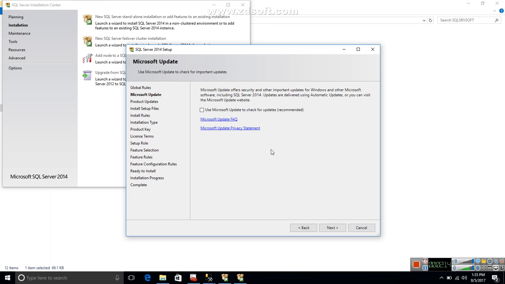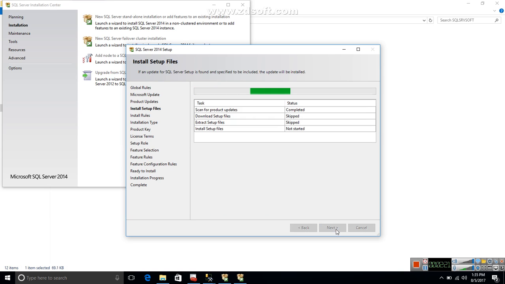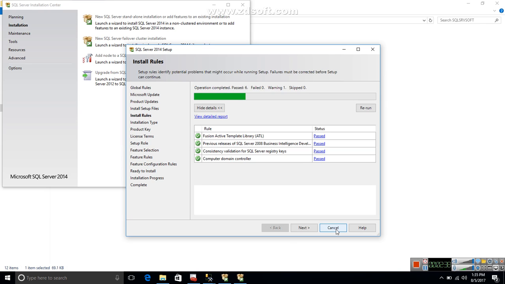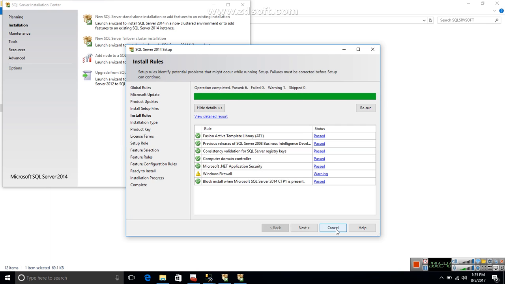It will update the software from time to time. We don't need that to enable. So